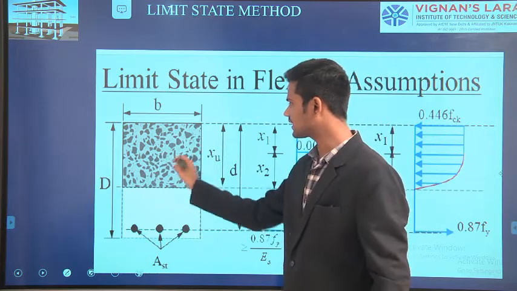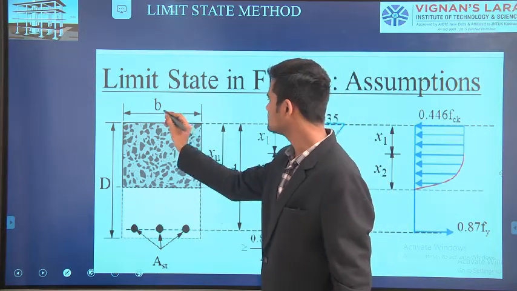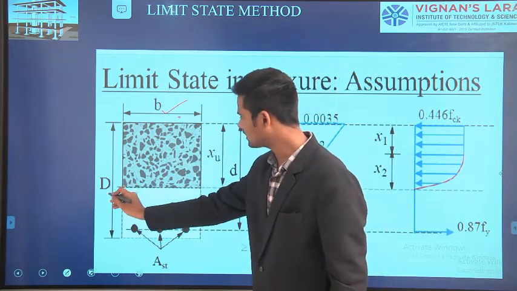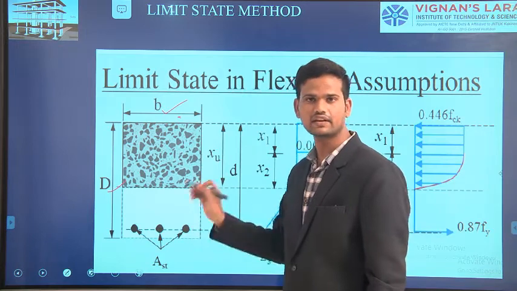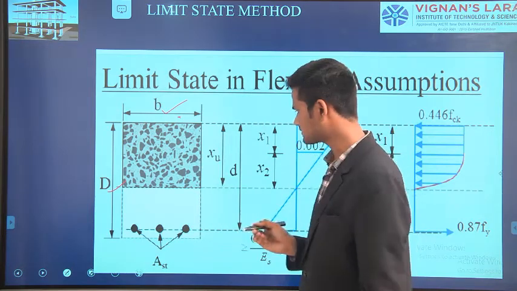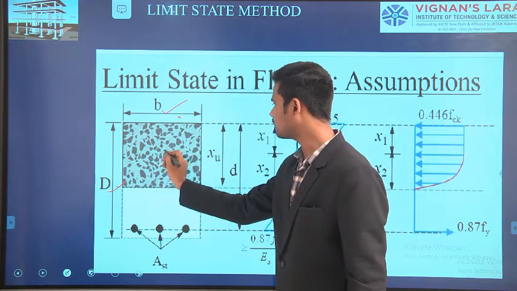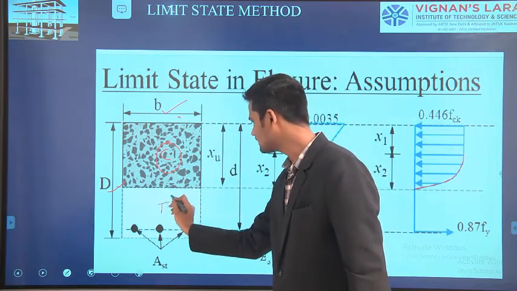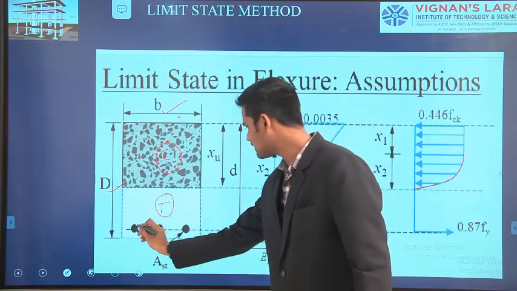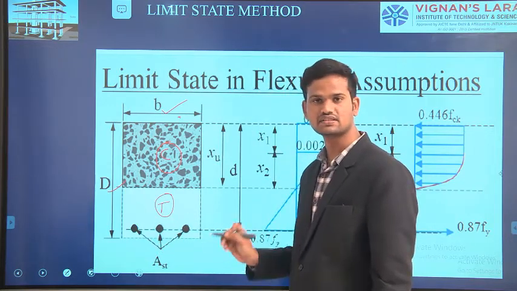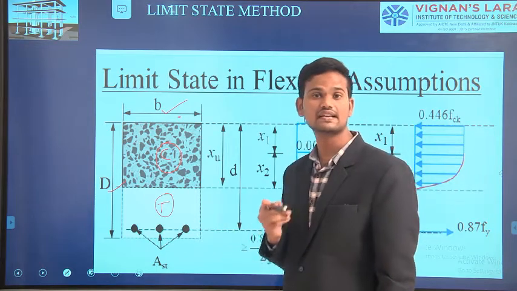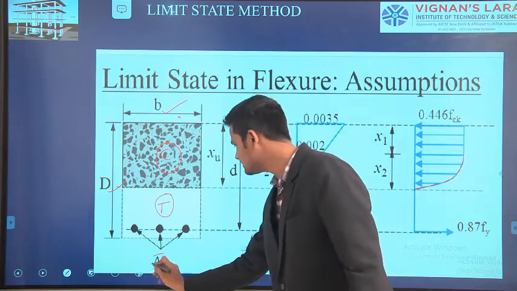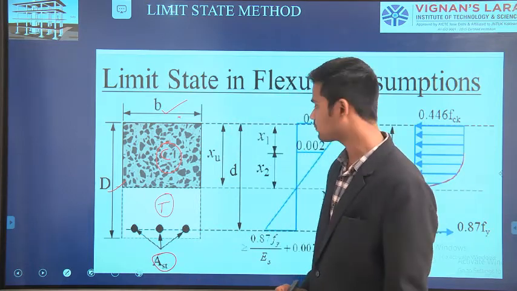Here we have already considered this rectangular section. This is the width of the section, B, and the total depth of the beam is D, which is called the total depth or gross depth. Above the neutral axis is the compression zone, and below the neutral axis is the tension zone. Here we have inserted some steel bars or steel rods. What size of diameter and what different types of steel rods there are, we will see in the next class. And this is the area of steel we are providing.